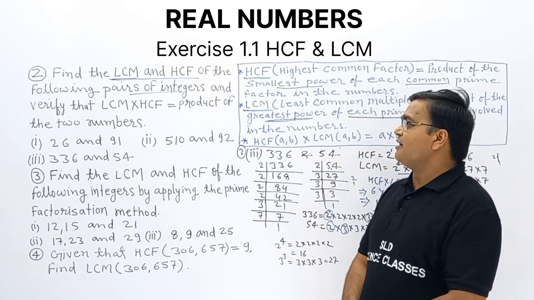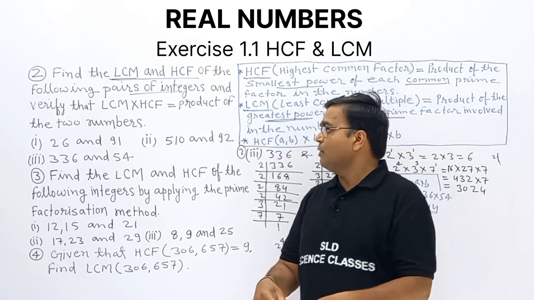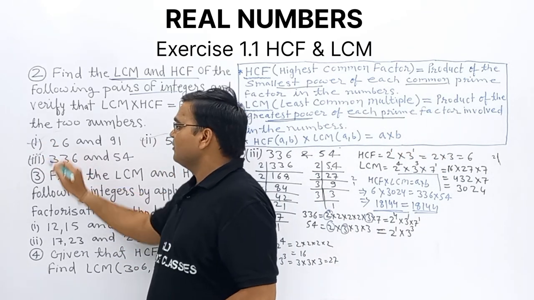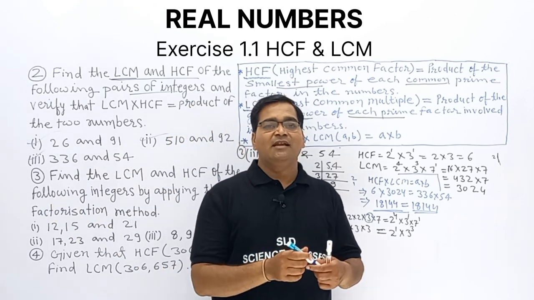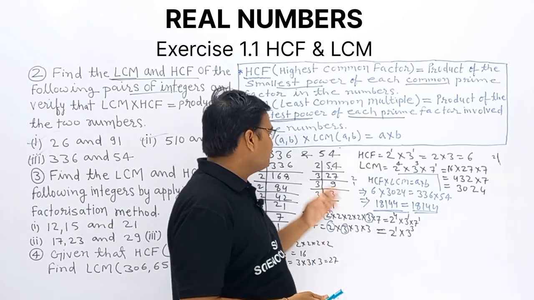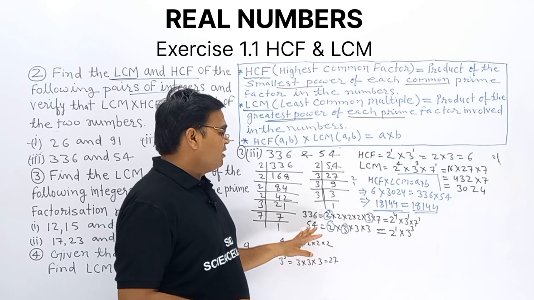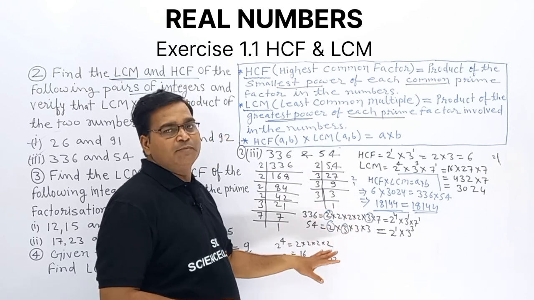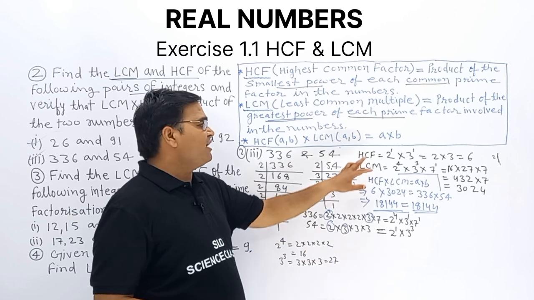So first question, second question, third question we completed there, and in these questions first we use the long division method to find prime factors, then whatever number is common involved in the numbers will be considered as